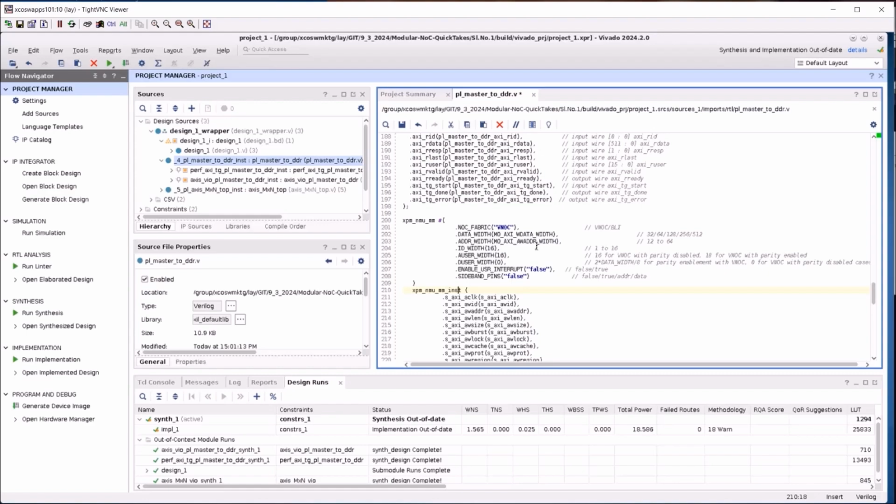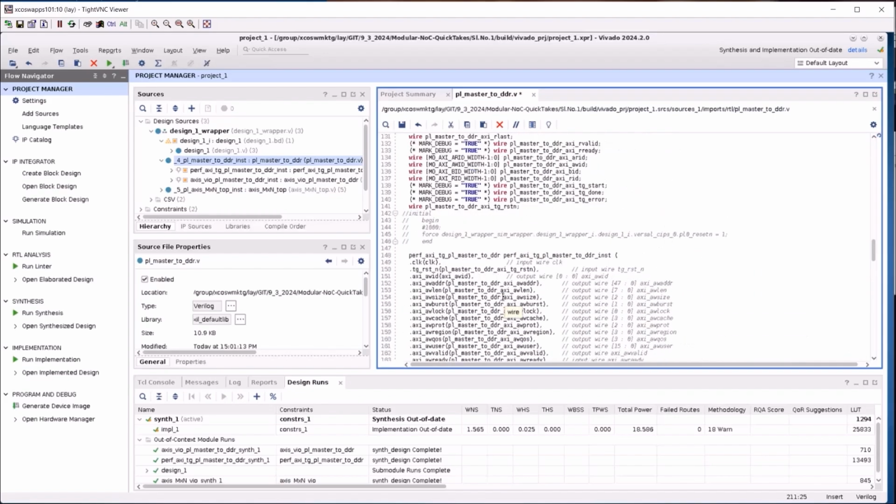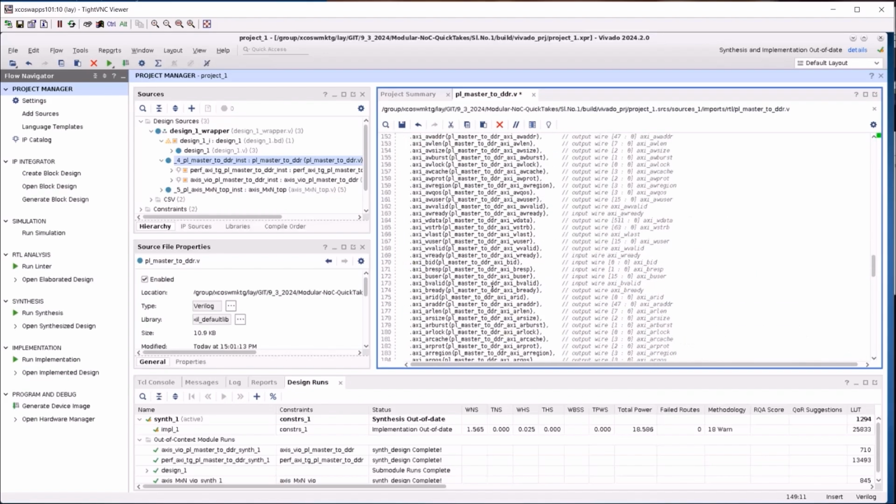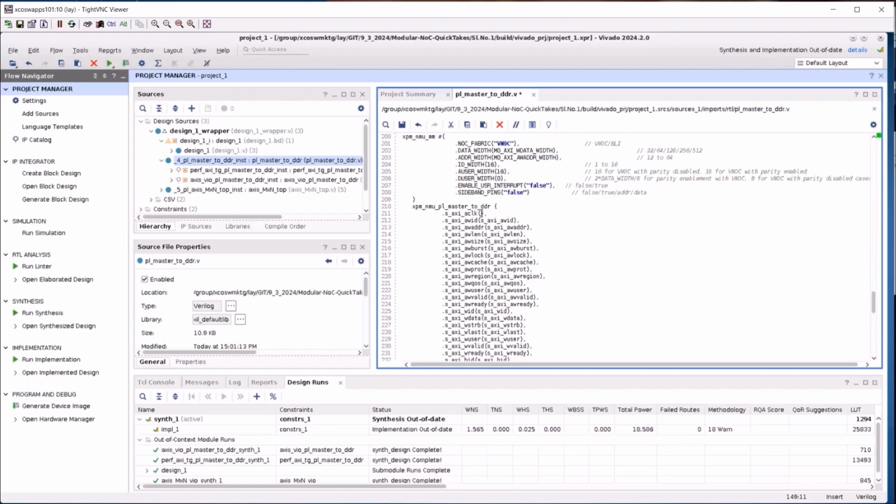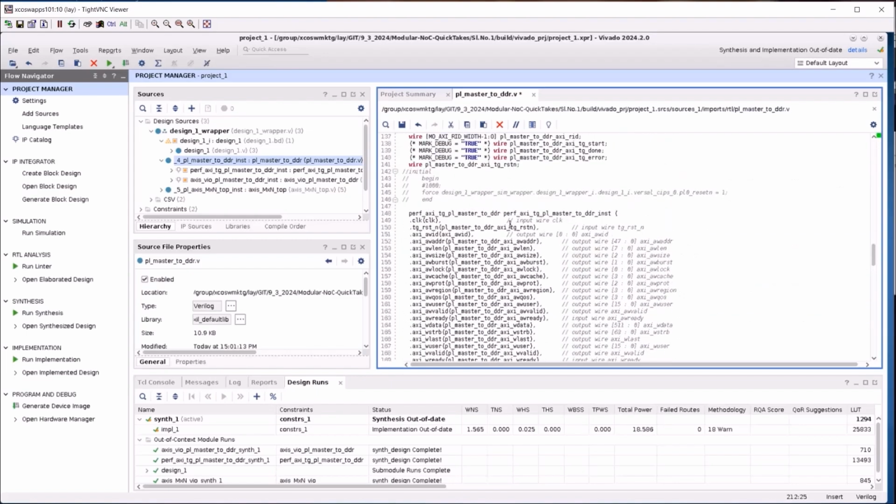Let me update the template instance name. We'll call it PLMaster to DDR. Now we need to connect all the AXI nets. First is the clock. I'll remove the default template name and replace it with the clock that is driving the XPM. Next is the address write ID. I'll copy this from the block that is driving it.